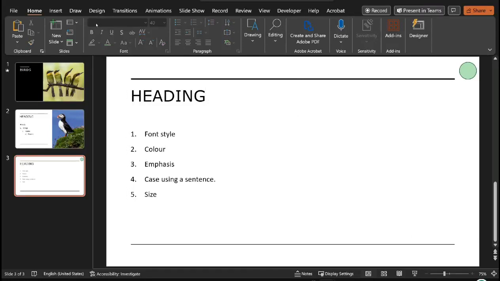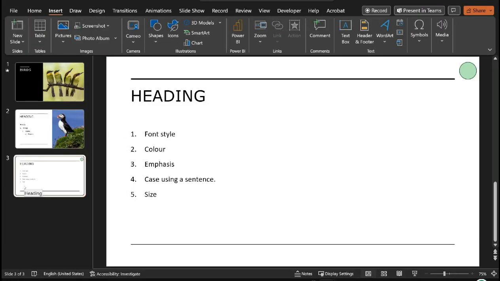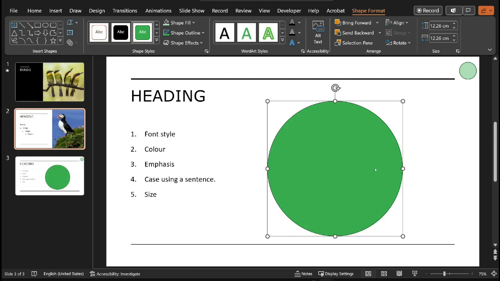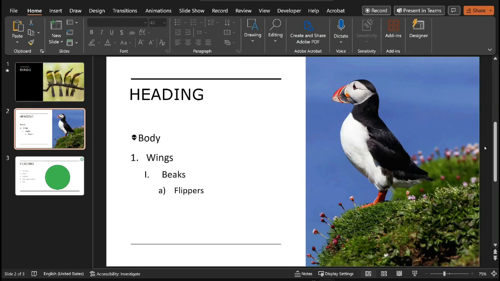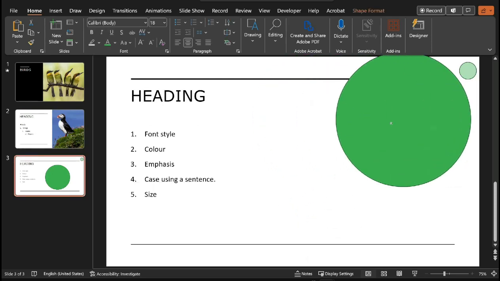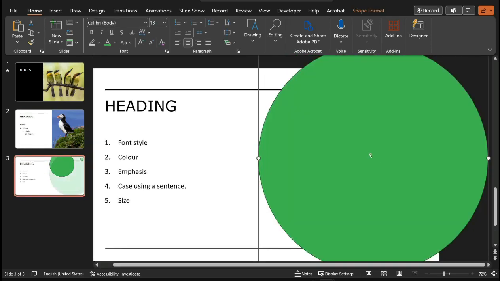The next thing that we're going to go through is more detail on the inserting of pictures and media, as well as formatting backgrounds. The first thing that we're going to go through is actually shapes. So as we saw here with this crop on the puffin, it is cropped to the square that he exists in, but it's not a very nice rounded shape. If we wanted to have a rounded shape, for example, a circle, let's say the circle is massive